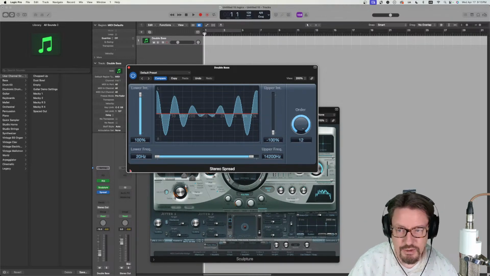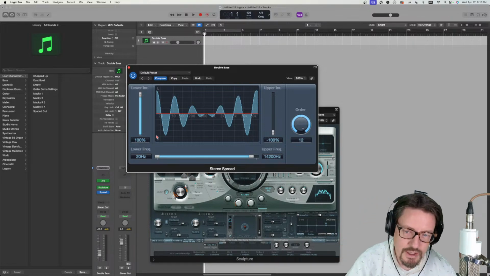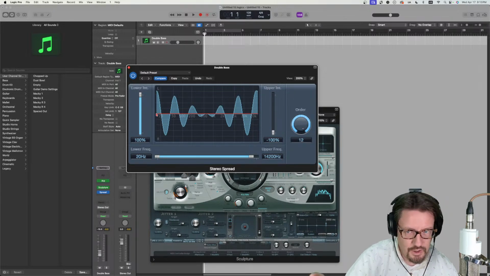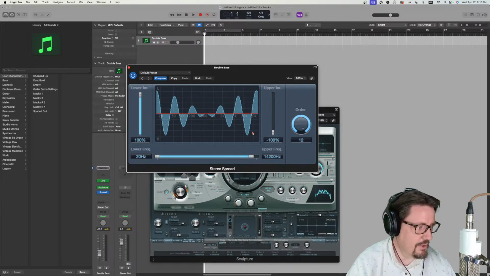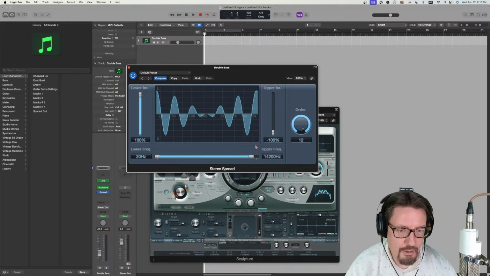Stereo spread, I still like it, but it's elegant in its simplicity, meaning it's really not a complicated thing to spread things out in the stereo field. If you look at this red line in the middle, it represents center panning. Everything above is left and everything below is right. And then from left to right are all the frequencies. Low frequencies on the left, high frequencies on the right, and then they just pan them out to different sides. It's a really cool way to do it